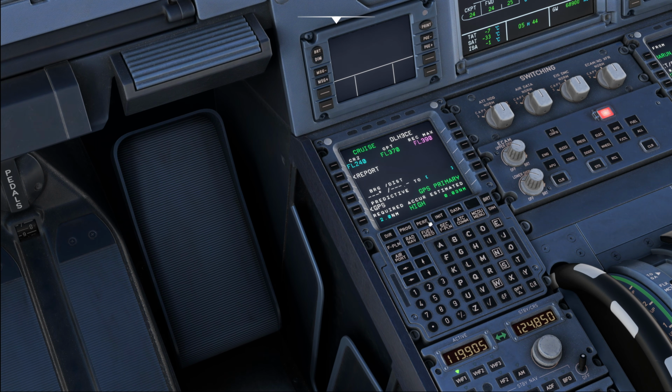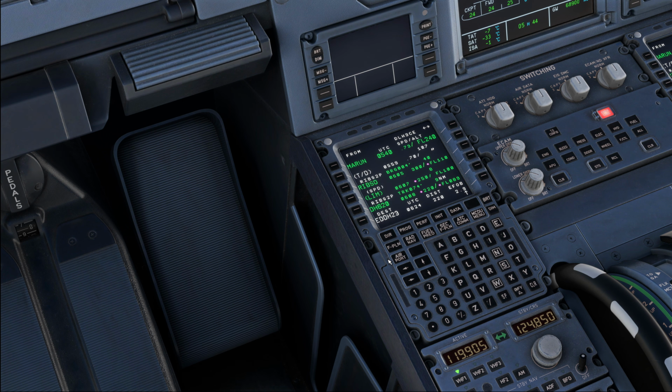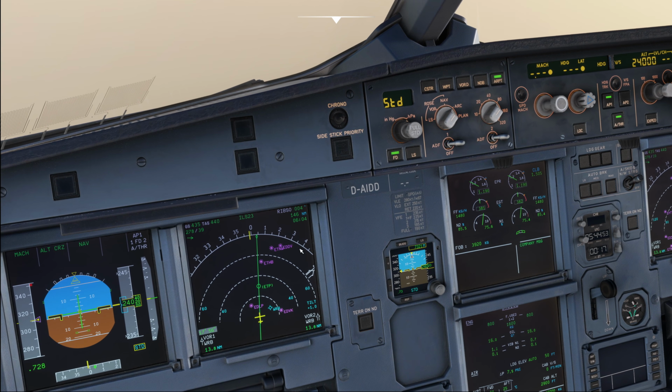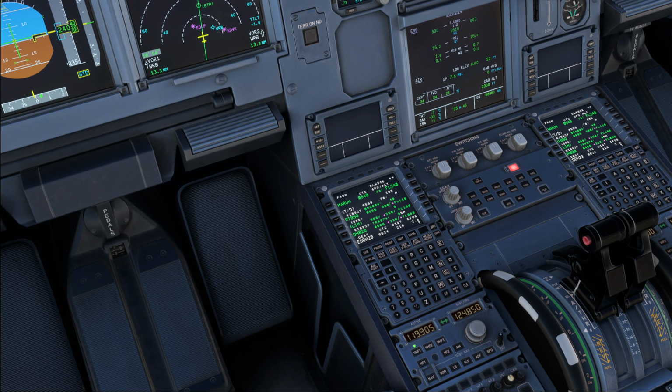So you can see right now we are flying from Frankfurt to Hamburg with our alternate Hannover. Now, let's say we want to return to Frankfurt. How are we going to do that? Well, that's quite simple. You go into the legs page and then you decide which is the last waypoint that you want to keep in your flight plan for the time being. Let's say if you had a lot of waypoints after one another, you might want to choose one that's a little bit further away. In our case, since our next waypoint is 145 miles away, we can just choose the